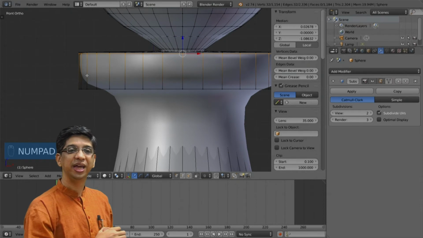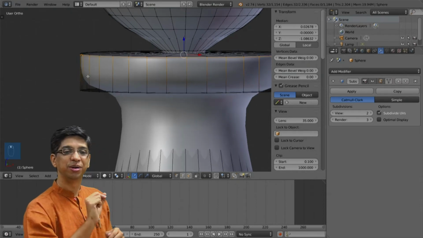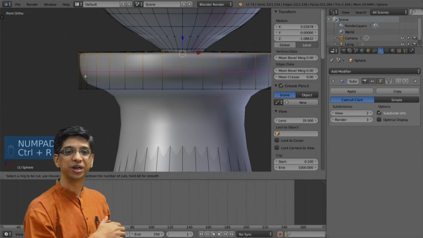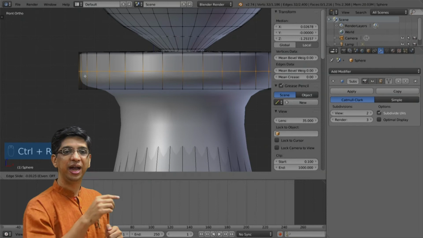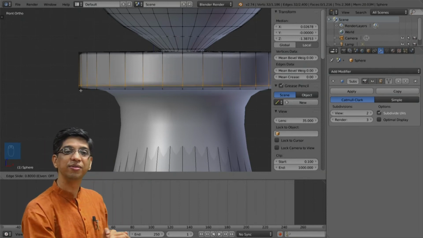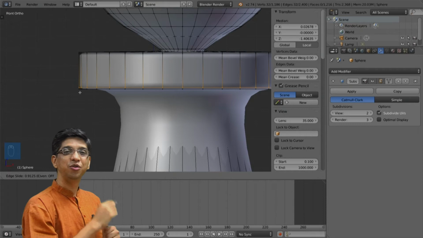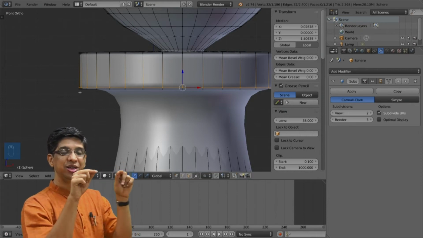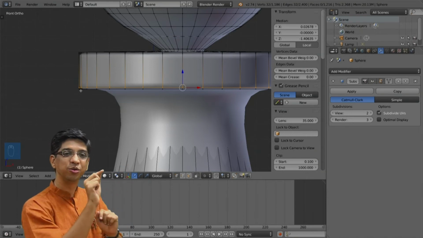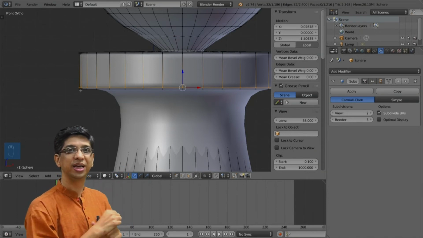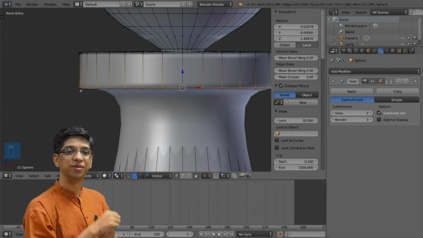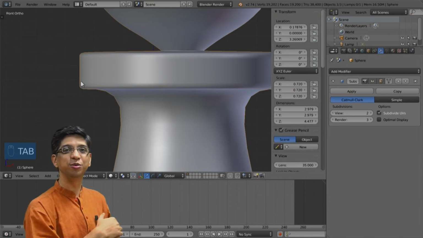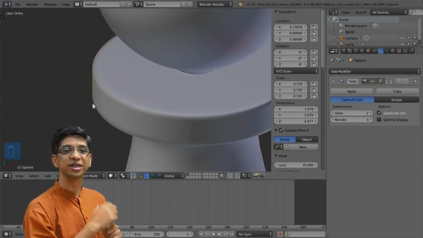You can see that the edge is slightly sharper now, but still the bottom edge is not as we wanted. So, we will add one more loop cut now. Press Ctrl R again and this time take it all the way to the bottom. Now you can see that even though this looks like a cylindrical disc, you have a very slight smoothing towards the edge. This is what we actually wanted, and therefore we can leave the loop cut here, and now we can just go to the 3D viewport to see how this particular disc is looking.